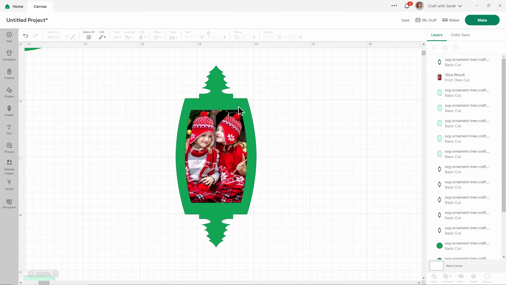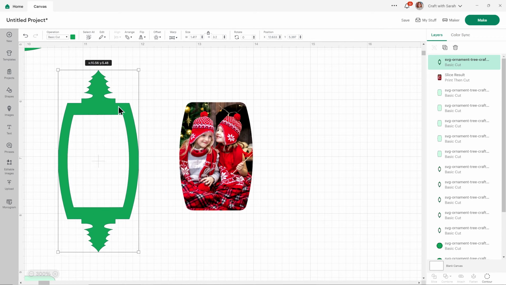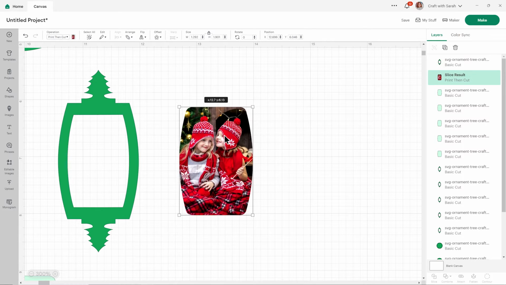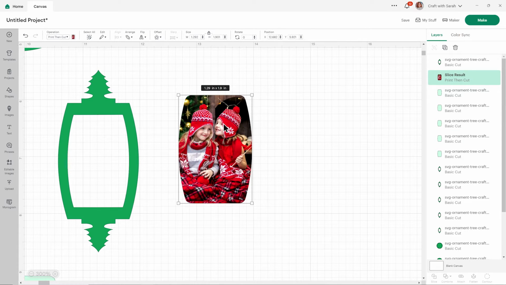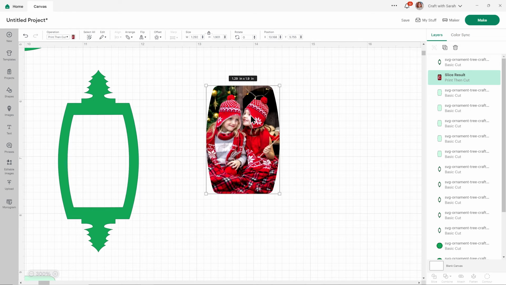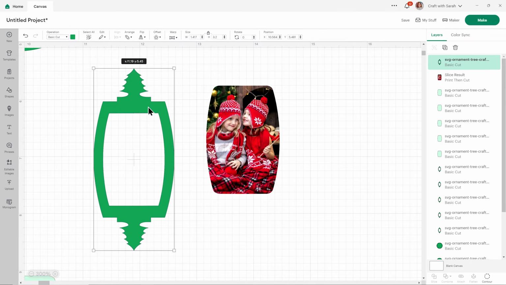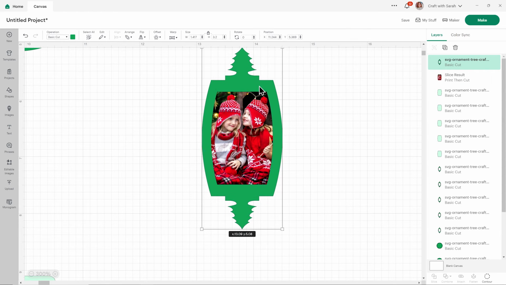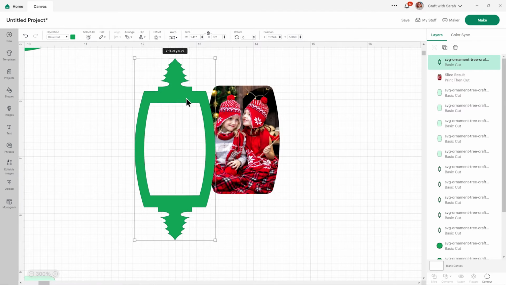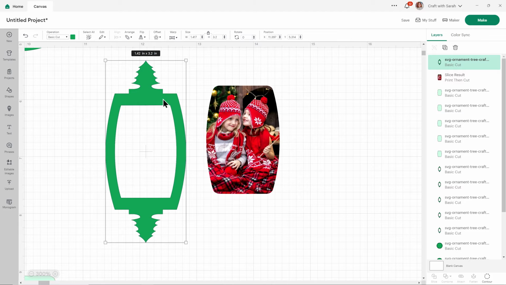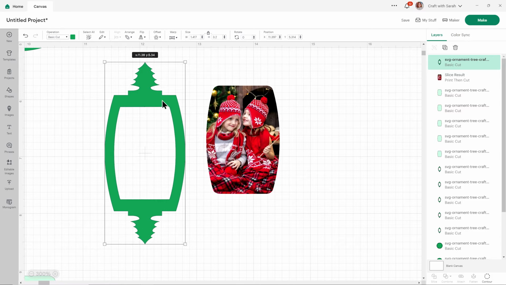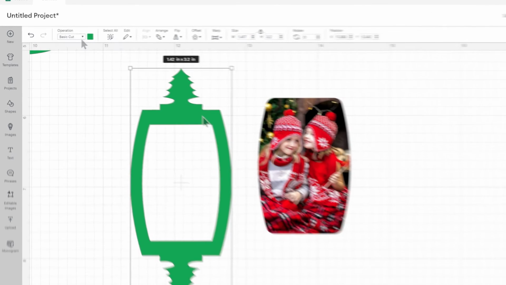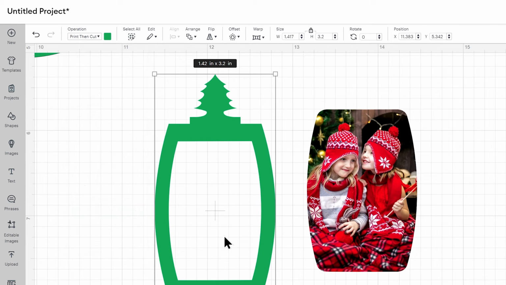Now at the moment, the side panel is still separate, so it can be cut from cardstock if you want, and then you can just print then cut the photo inside and stick it to the back. But you can also merge it into one and use the printer to print that shape too. Before we do that, let's be super fancy and add a pattern inside of this green for even more Christmas cheer. Under Operation, I'll change it to a print then cut.